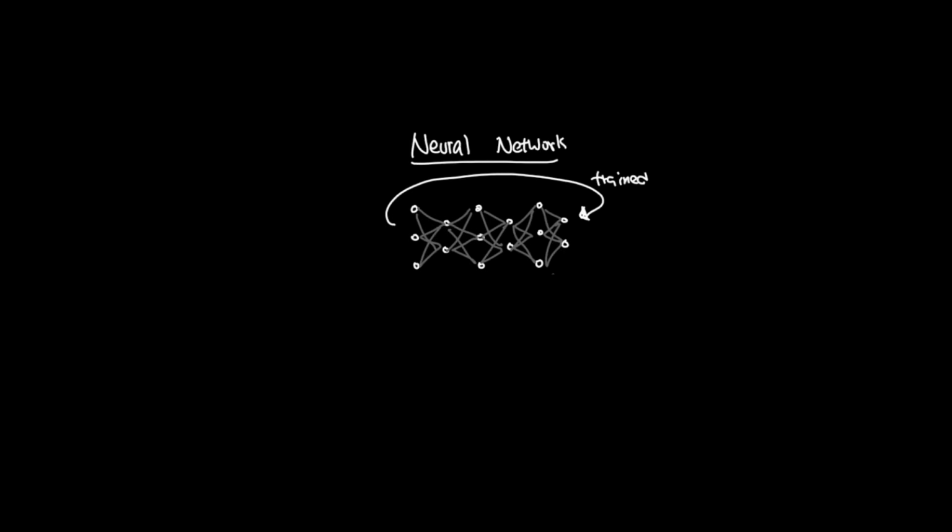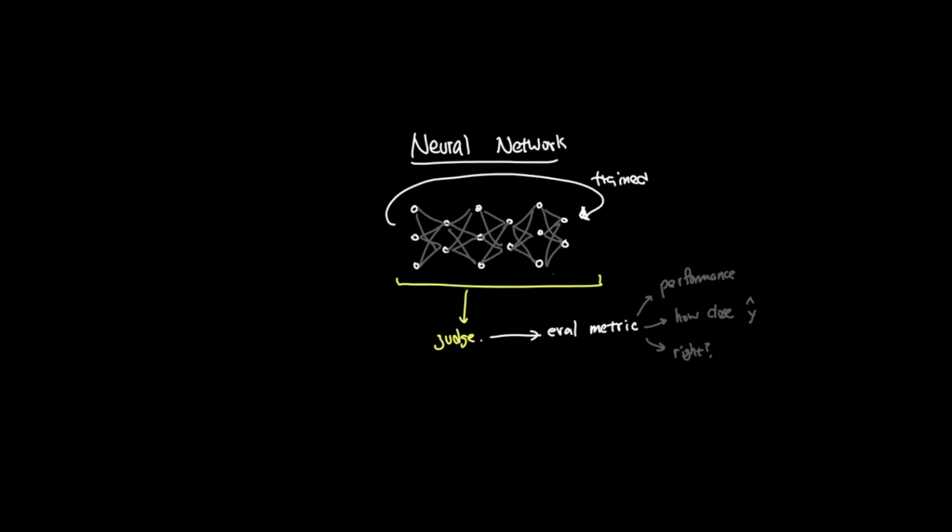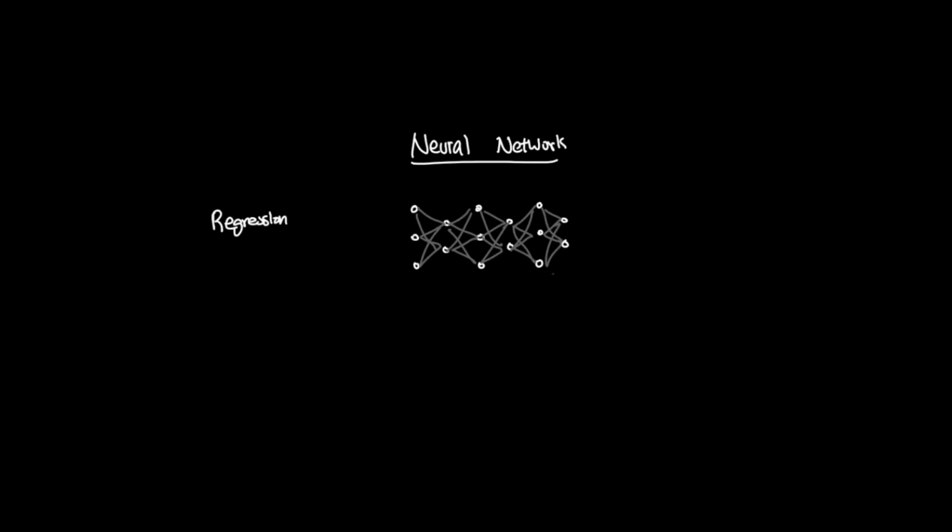Once a model has been trained, we need a way to judge how good it actually is. An evaluation metric is a number we use to measure a model's performance. It helps answer questions like how close were the predictions, how often was the model right, and does it actually work on new data. This connects back to train, validation, and test sets. We do not just care if the model did well on the examples it trained on, we care if it generalizes.